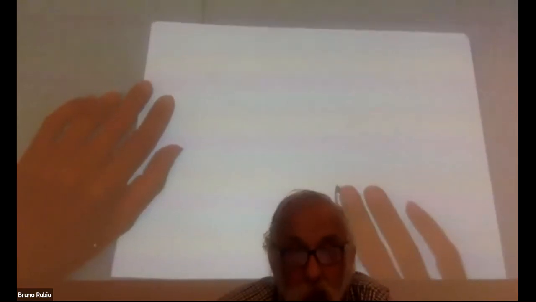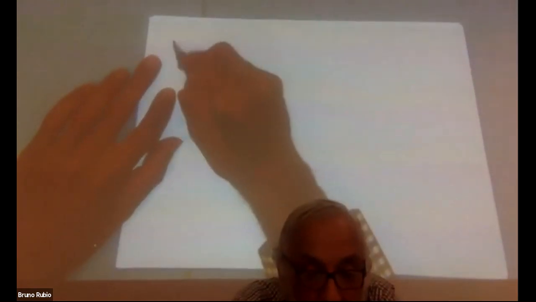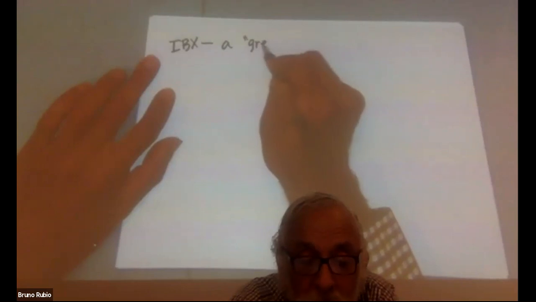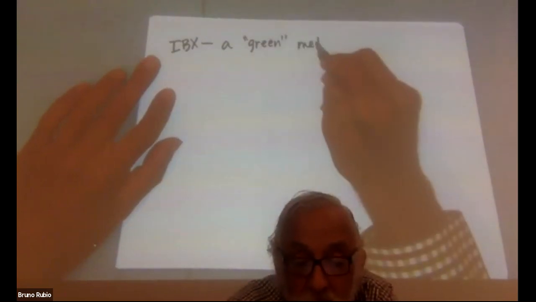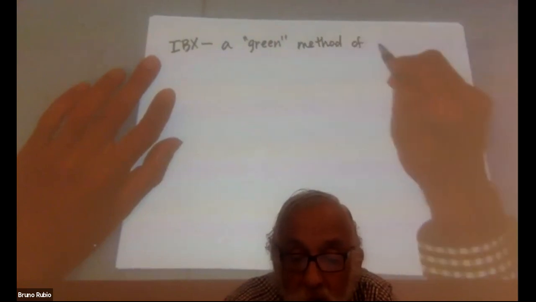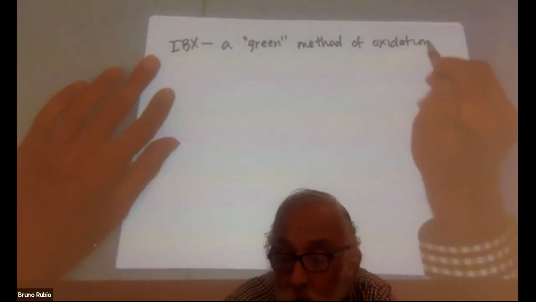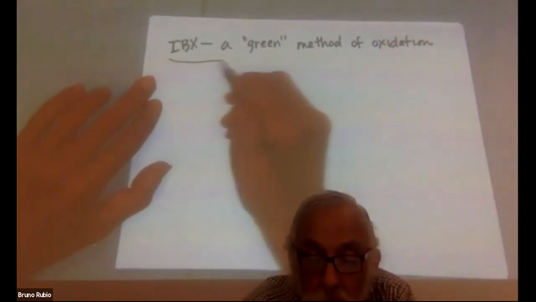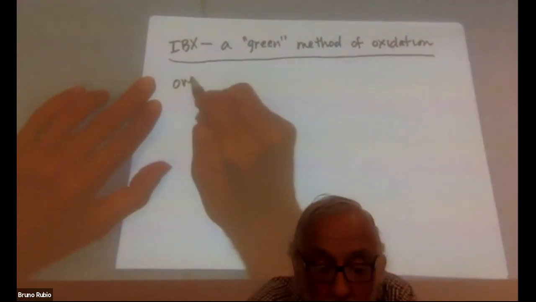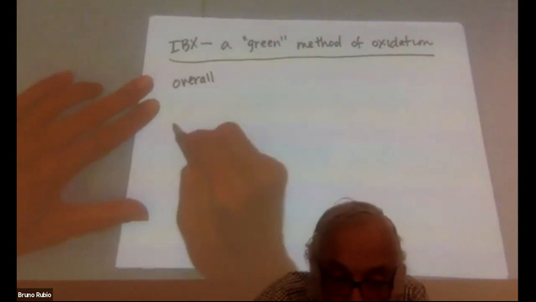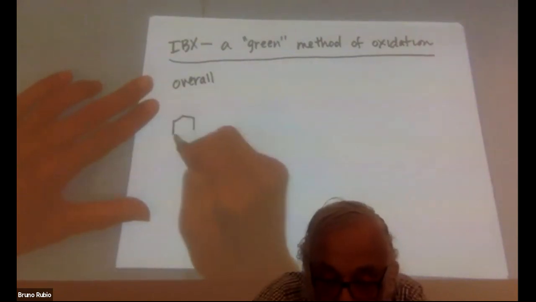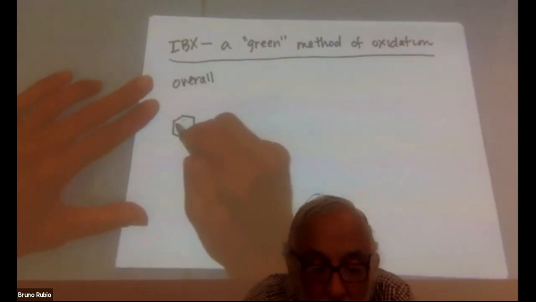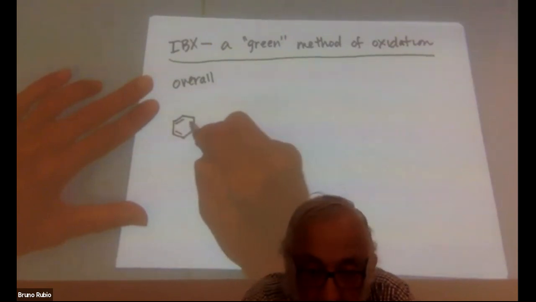IBX. Quote unquote green method of oxidation of an alcohol. Okay. And the overall reaction is going to be the reaction of IBX, iodobenzoic acid,